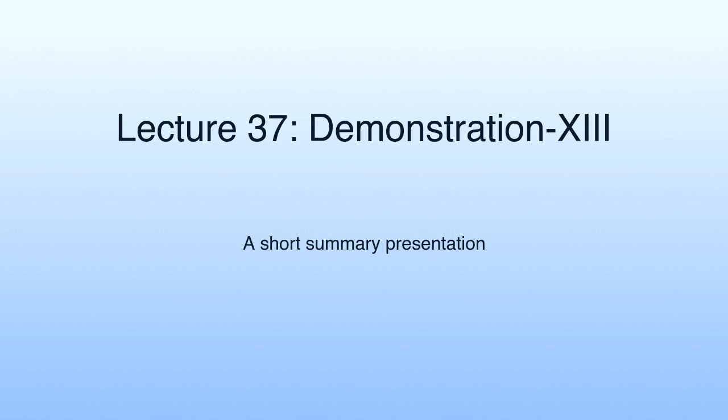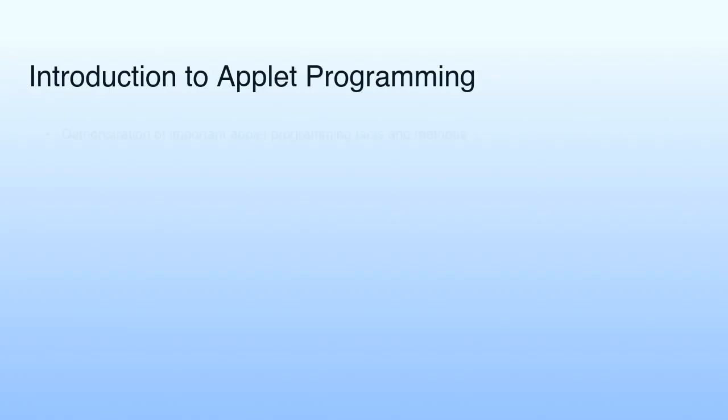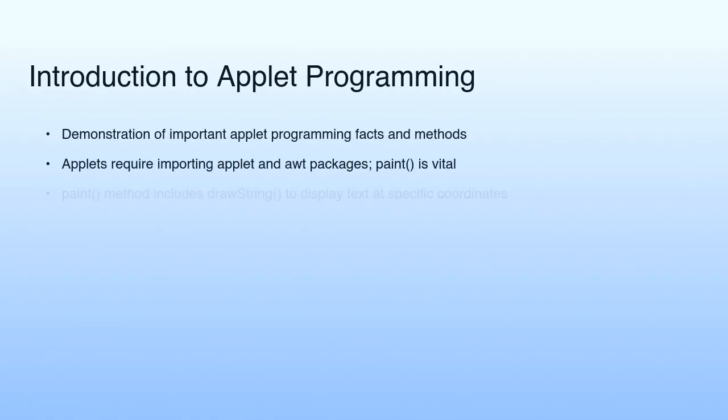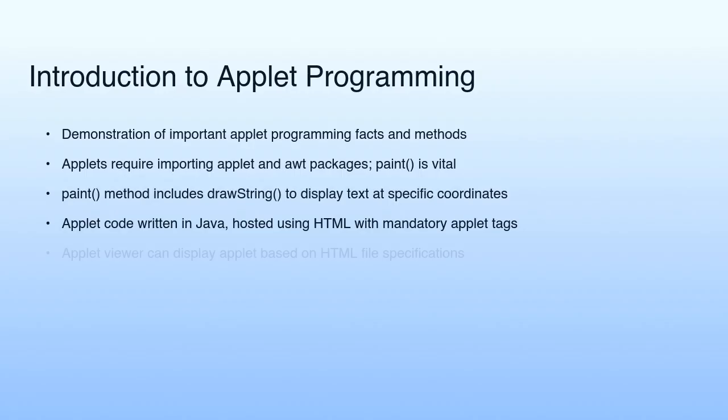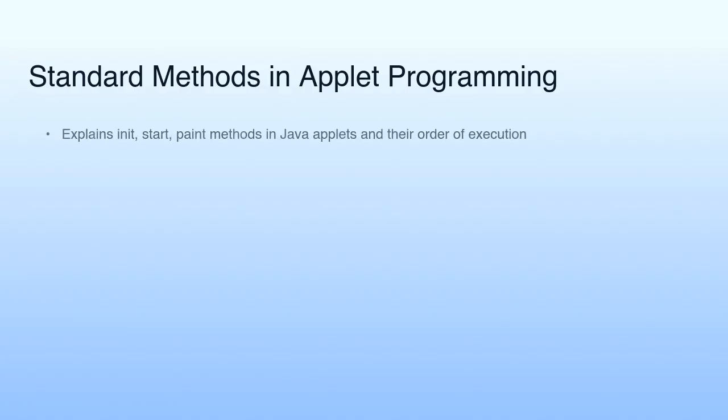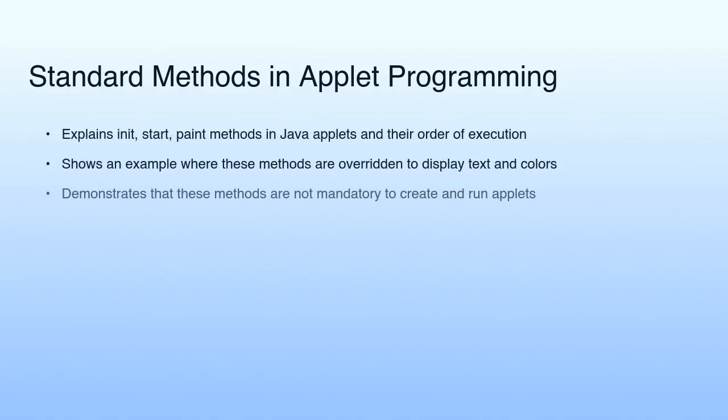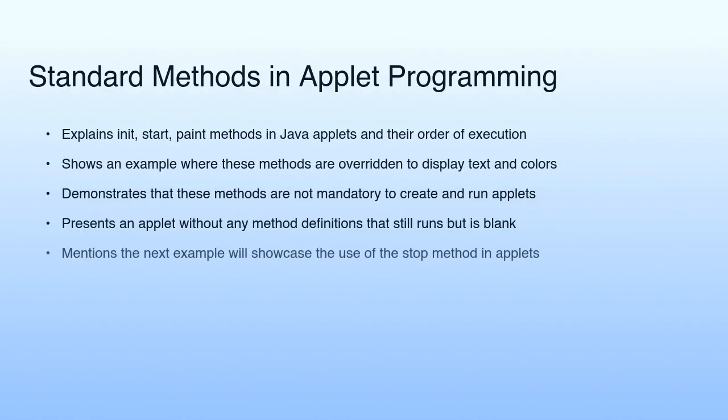Lecture 37 Demonstration-XIII. The video begins by demonstrating important facts and methods in applet programming, such as the requirement to import applet and awt packages, and the vital role of the paint method, which includes drawString to display text at specific coordinates. The narrator then explains the standard init, start, and paint methods in Java applets and their order of